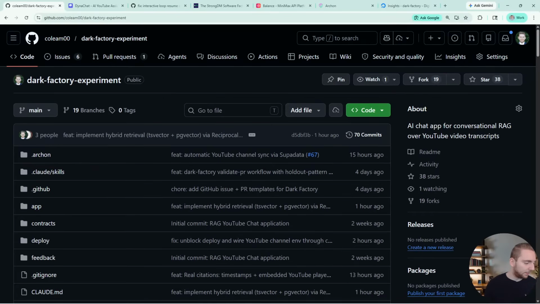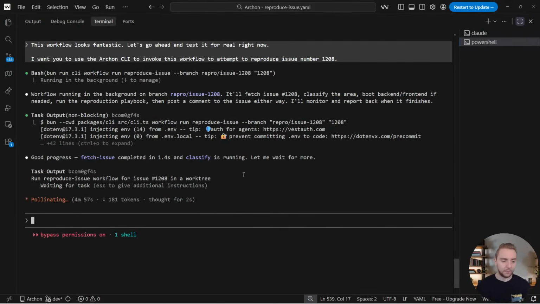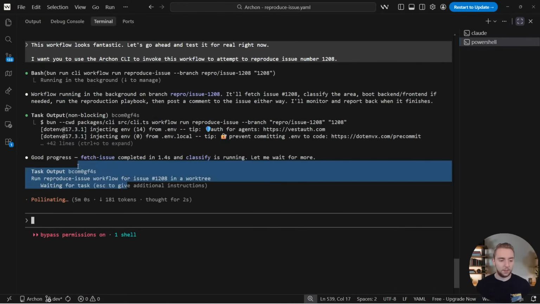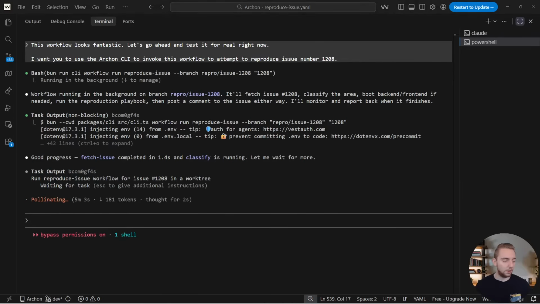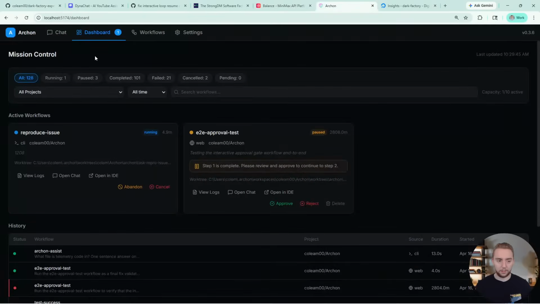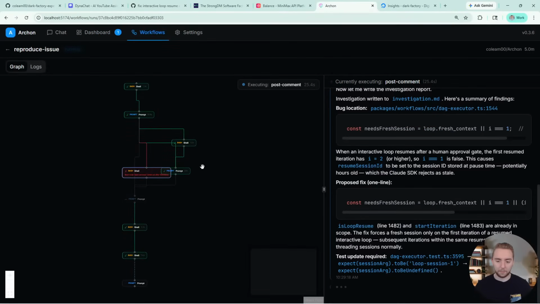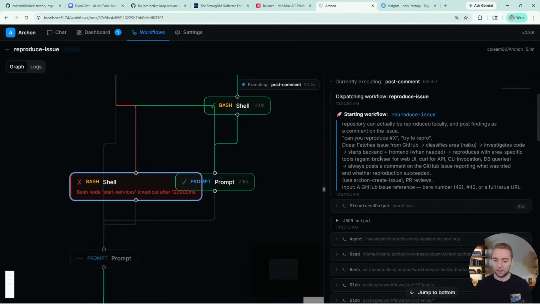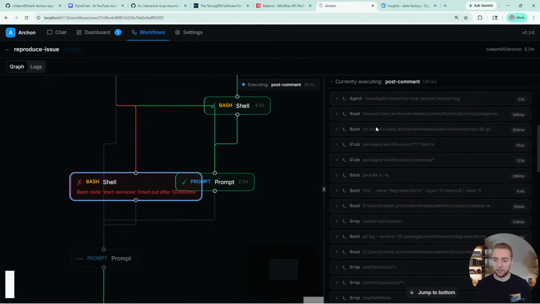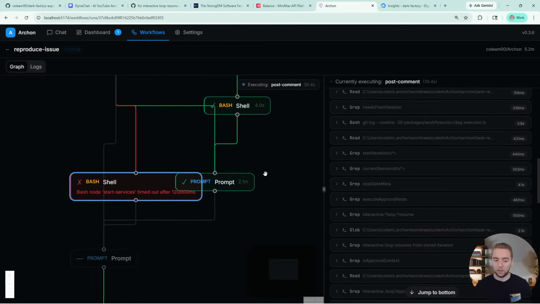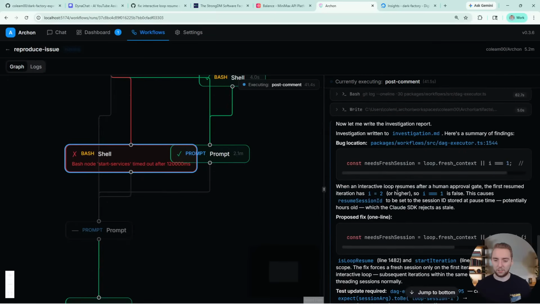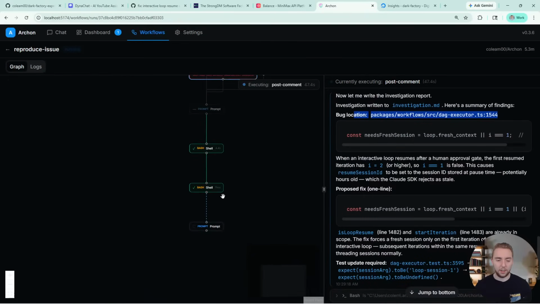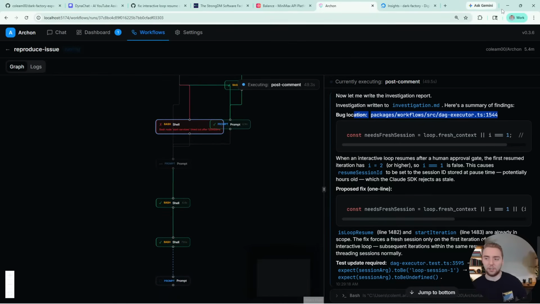All right, so yeah, let's go back to Archon here. All right, yep, continuing to monitor. If I go over to the UI, let's take a look at the workflow logs again. Okay, looks like something actually crashed here. So our start services node is not working properly. Let's see. I assume the agent just started it itself. Yeah, so it looks like it's continued here. So it failed to start the service, but I assume the agent just went on and did it itself.